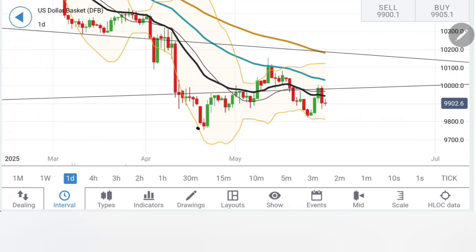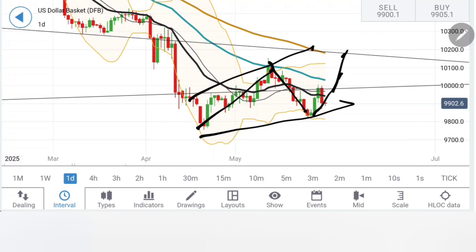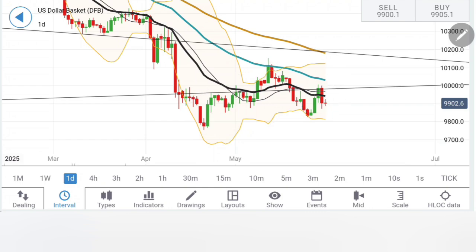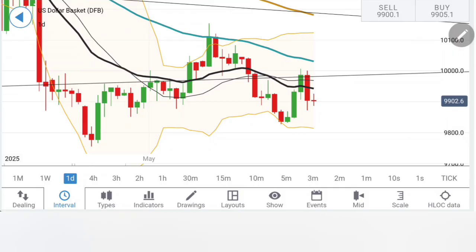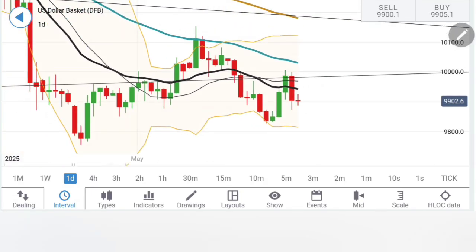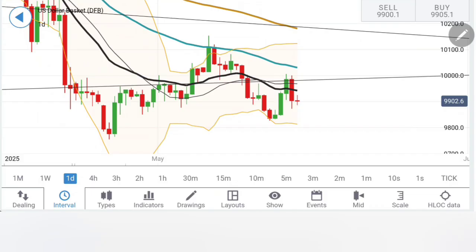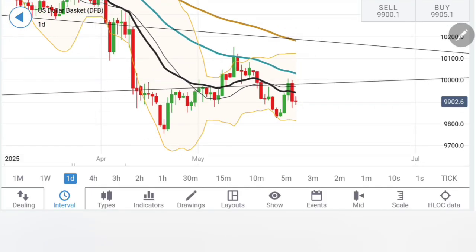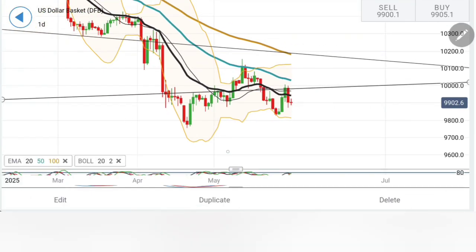The possibility exists. Notice after the rise, it has retraced, it is looking upwards, and it is possible that it may continue to trade upwards. The only thing is it has to stay above 100, the critical number here. But when you look at the daily chart, a couple of green candles, one sharp red candle, and then a candle of consolidation. Now this could also indicate a reversal here. We have to wait for the next couple of sessions and the resistance at 100 and 100.2. If this is taken, then you can expect 100.5, 100.6, and then 101. Beyond 101, we are looking forward to a greater bullish move ahead.